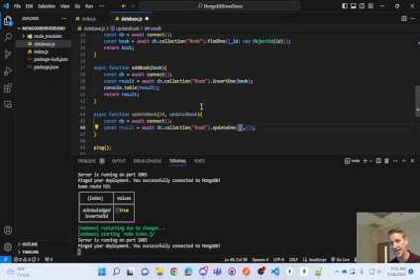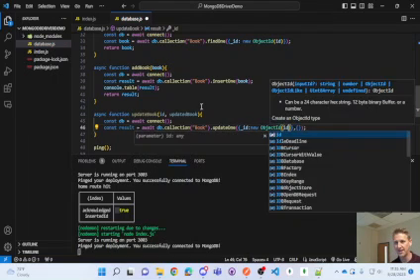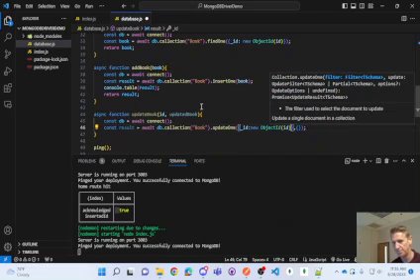So just like we did last time, we're going to find by the ID, _id colon new ObjectId, passing in the ID from the front end. So this is our find. We're finding by ID, just like we did last time. And then we're going to